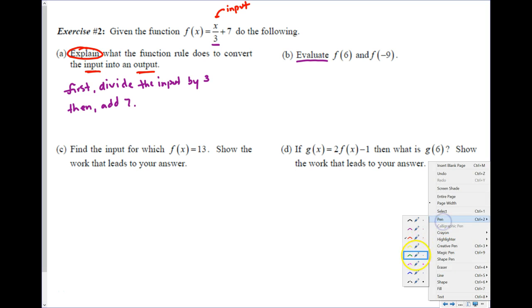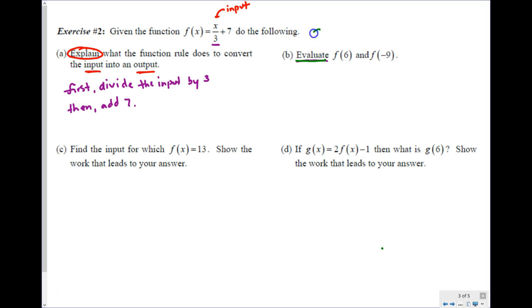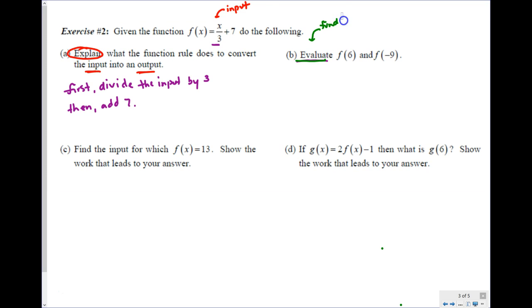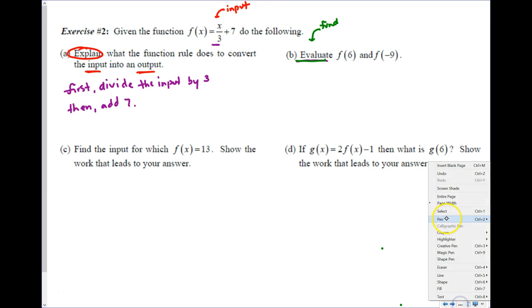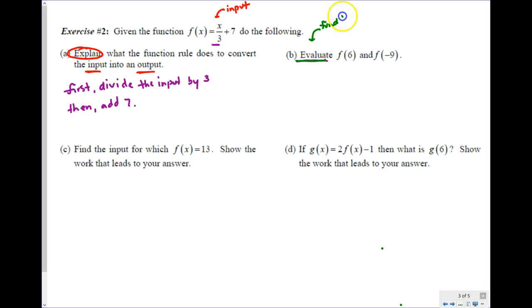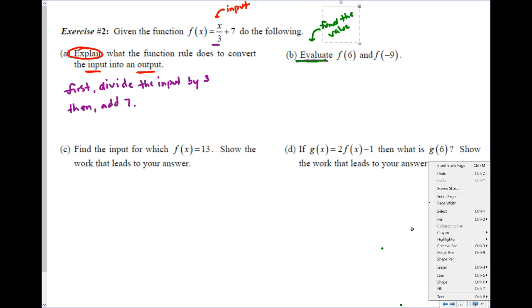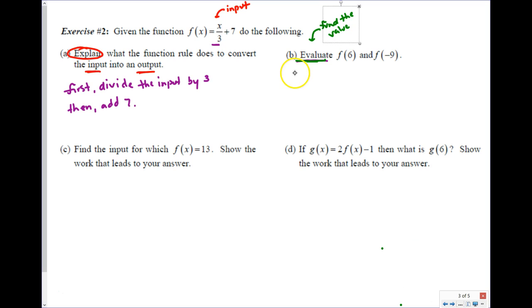We've talked about this word evaluate a long time ago. I think maybe you've forgotten, but evaluate is a fancy way of saying find. Find the value. See how the word evaluate has the word value in it? So you're looking for the value. So I have two things I have to find, f of 6 and f of negative 9. So I'm going to write this out nicely. f of 6